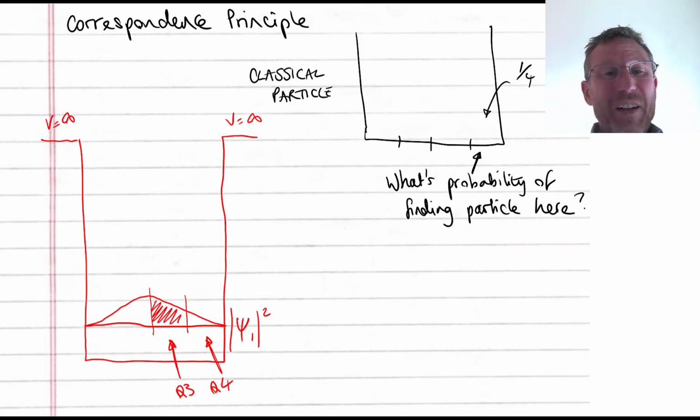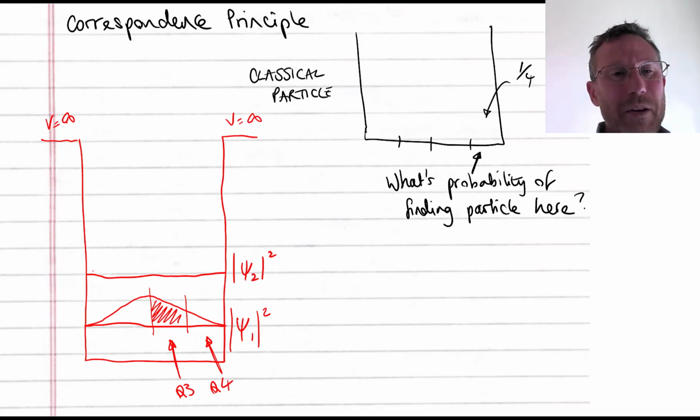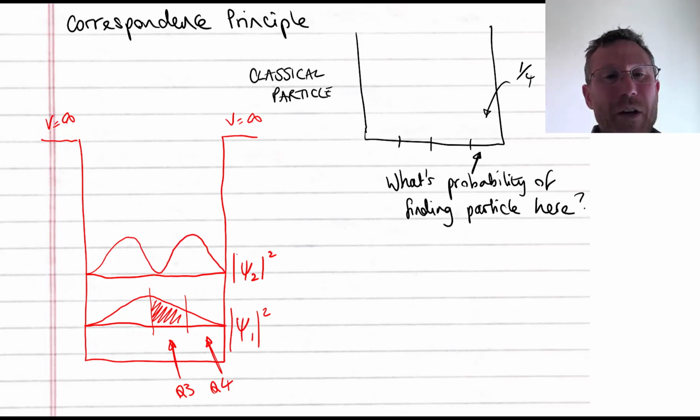So the probability really is largest there in the middle. Now, as we go to higher quantum numbers, we recognize that the probability of finding the particle in the fourth quadrant actually ends up being the same as the probability of finding it in any other